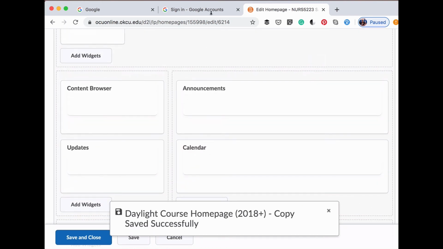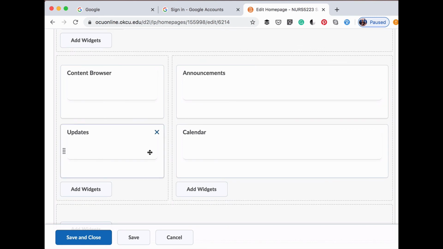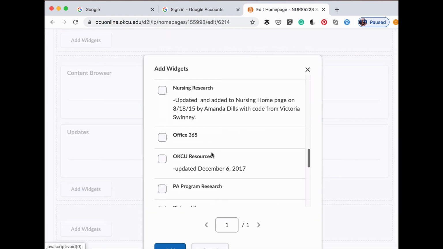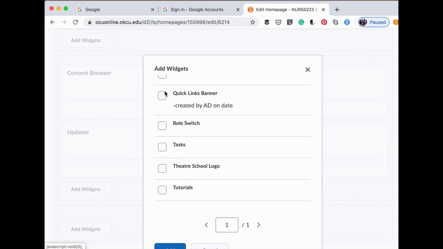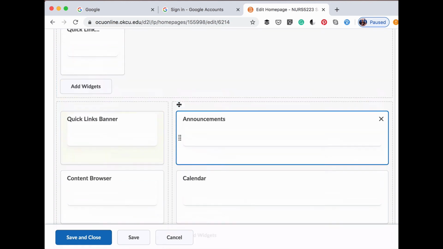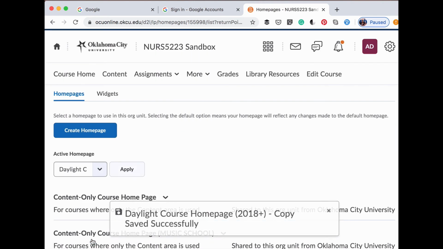And then you can see I have my little quick links banner here. I'm going to add it one more place just so that we can see what it looks like in a couple different spots. So let me go ahead and add widgets on this left-hand area as well. You definitely would only need to put it one place in your course, but I just want to show you for the purposes of this video. And then I'm going to drag it up here to the top. Perfect. And then I'm going to say save and close because I'm done editing the page,